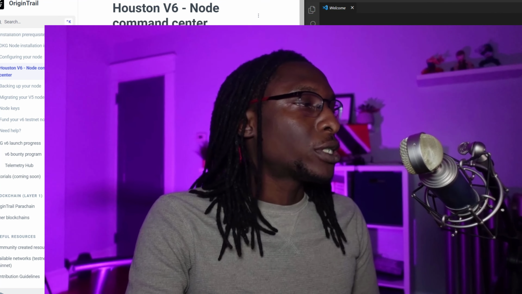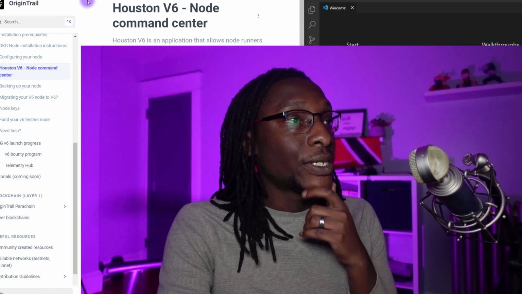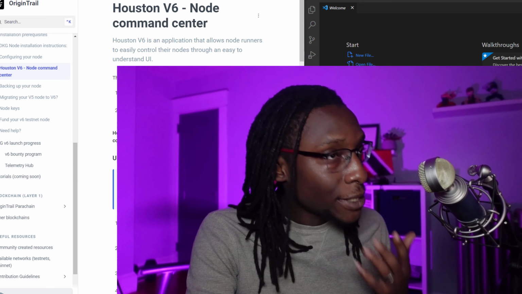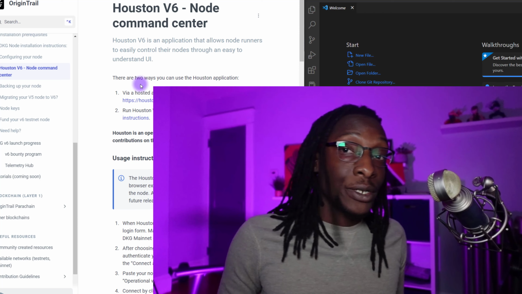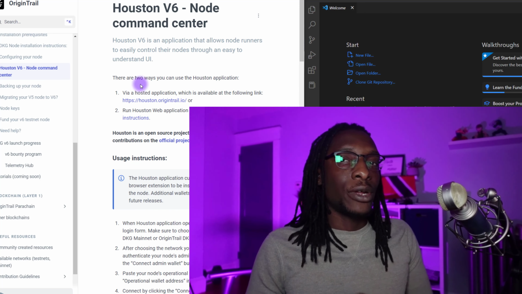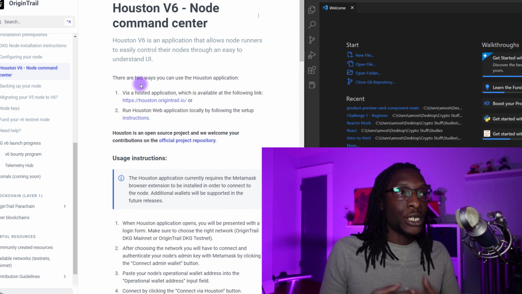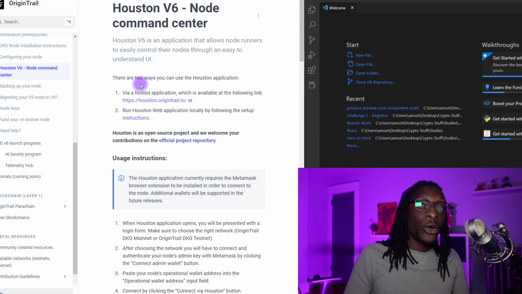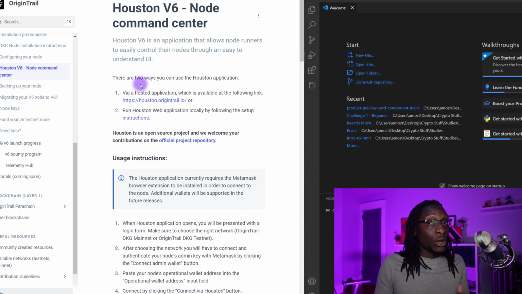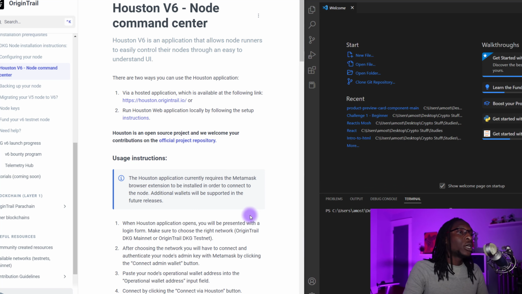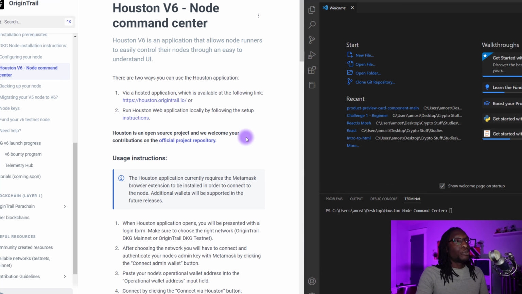Today we're just going to be taking a deep dive into the OriginTrail Houston Command Center for node runners. This is really going to be the area where you're going to spend quite a bit of your time as it relates to managing the stake on your nodes, as well as managing the wallets that govern your nodes. So pretty much there are two ways right now you can interact with this Houston application, and that